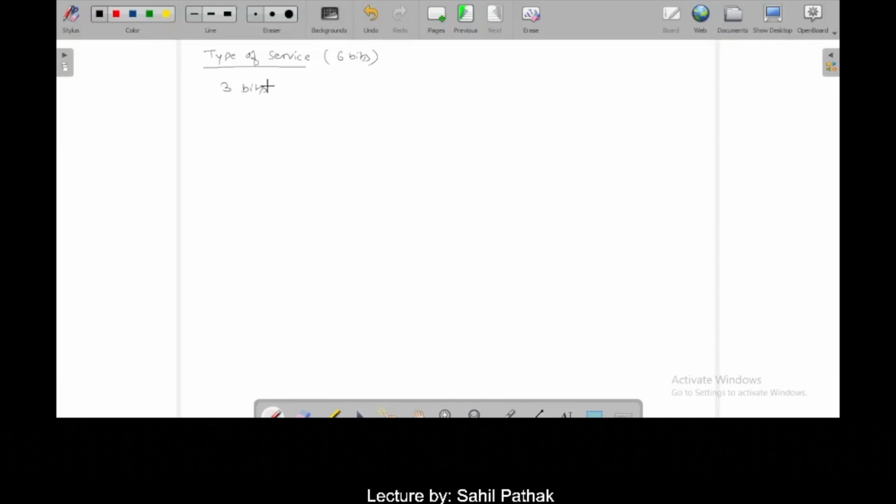Here 3 bits are given for preference or precedence, that indicates the priority of packet. Okay, and the rest of 3 bits you can see are, previously these 3 bits, currently these 3 bits are used for differentiated services. So in total, out of these 6 bits, 3 bits are for precedence and 3 bits are used for differentiated